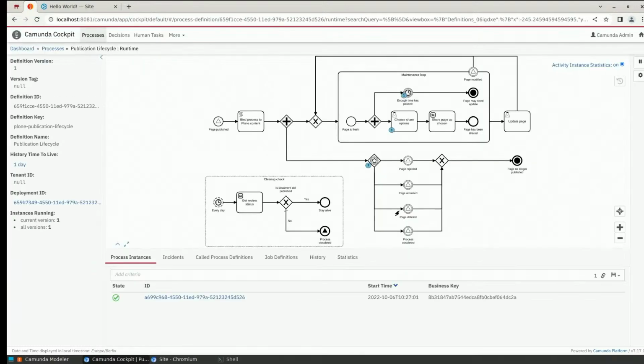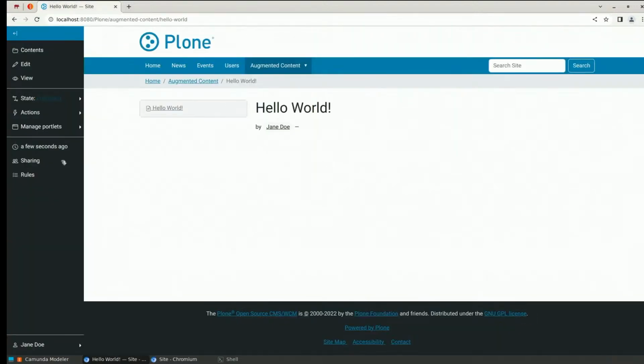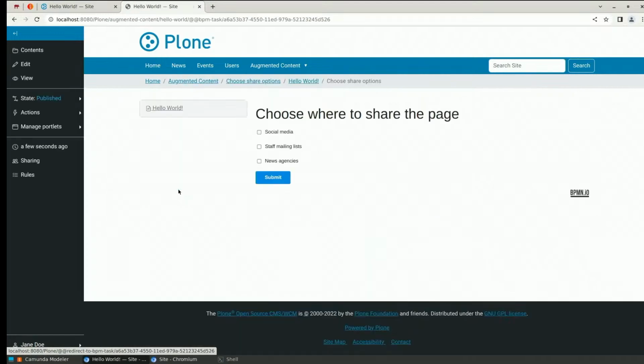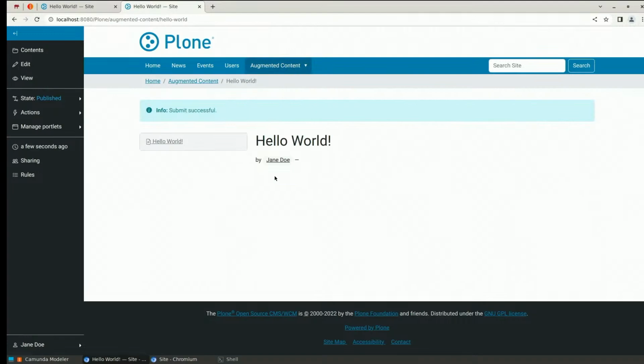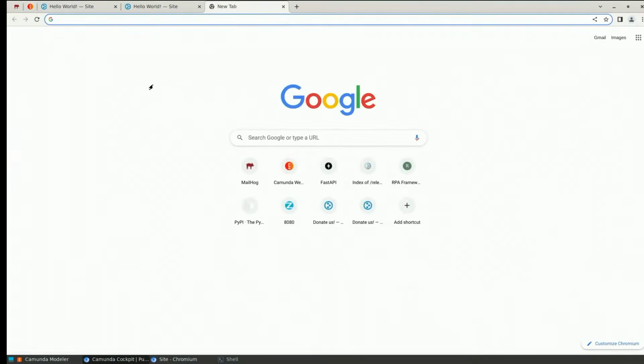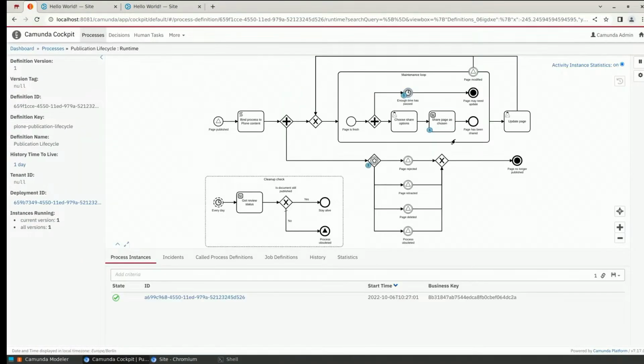And again, I think I have put very quite short timers there. So let's see if we are able to see the task on the dashboard, if we are fast enough. Yes, there's a task list work for choosing the share options here. So we can check something here. And now it just goes back to the page, and here we can see that it's